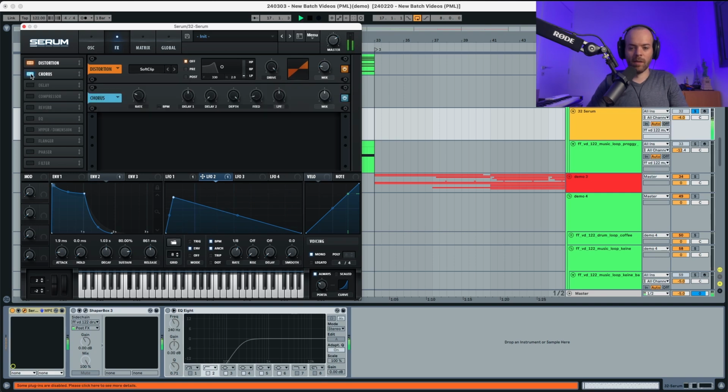Now the chorus, you can see the effect of it. Rate is gonna go a little bit down. The depth is gonna go a little bit down as well. You can see that it's not affecting much, but we're gonna activate a little bit more feedback and just a